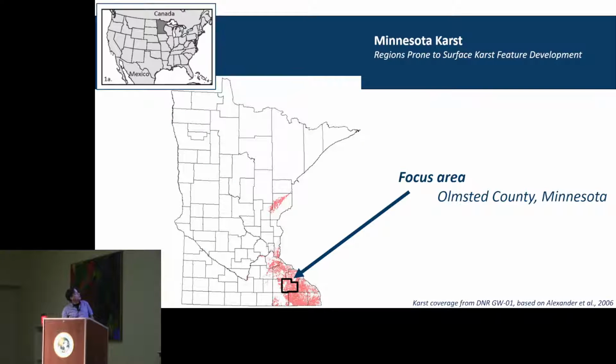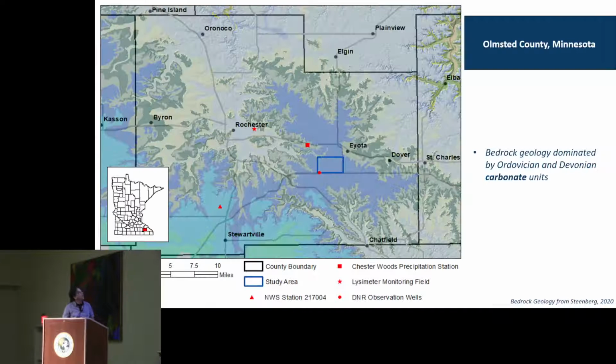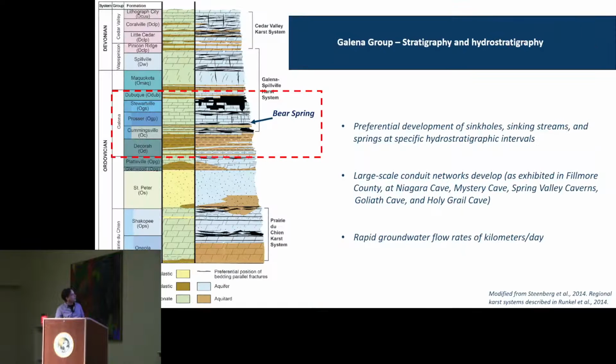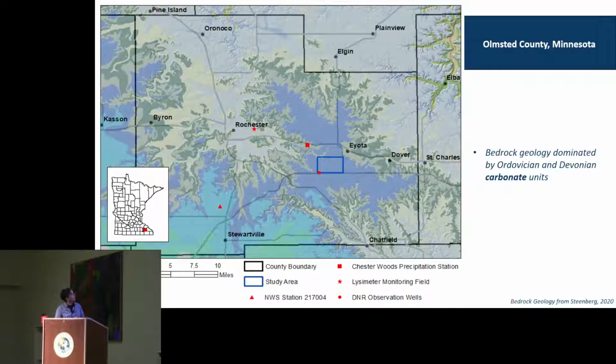Minnesota is located in the upper Midwest, up near the Canadian border, and when you zoom into Minnesota proper, the southeastern portion of the state is covered by karst. So it's a karst terrain, with karst flow, turbulent flow in the aquifers, and a fair amount of caves, sinkholes, and dissolution features. Olmsted County in particular, where we did the tracing that I'm going to talk about, is primarily dominated by Ordovician and Devonian carbonate. So pretty much everything that's